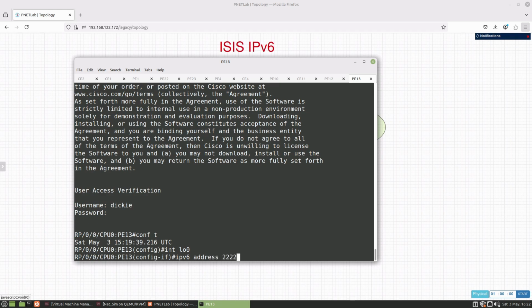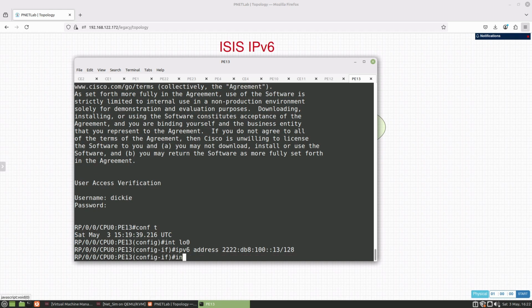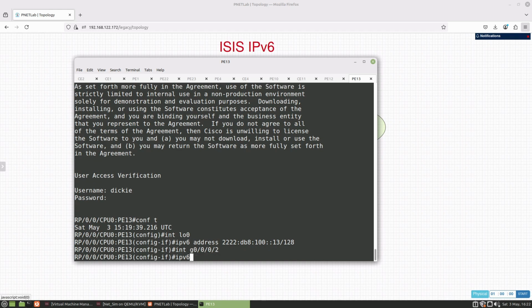Let's go 2222 100 222 db8 100 colon 13/128, and interface gig 0/0/0/2, and IPv6 address is going to be 2002 db8, and it's going to be router 22, so it'd be 2213 colon 13/64,